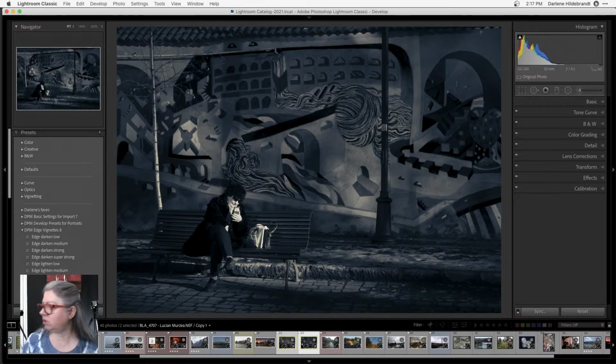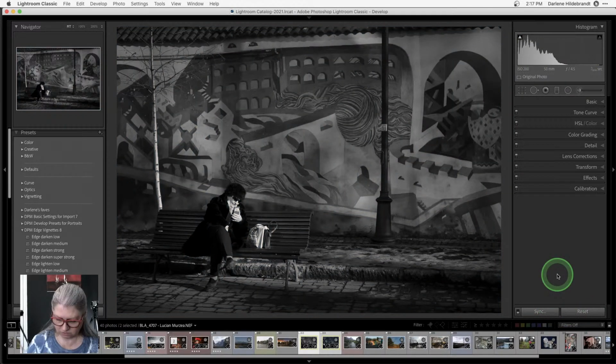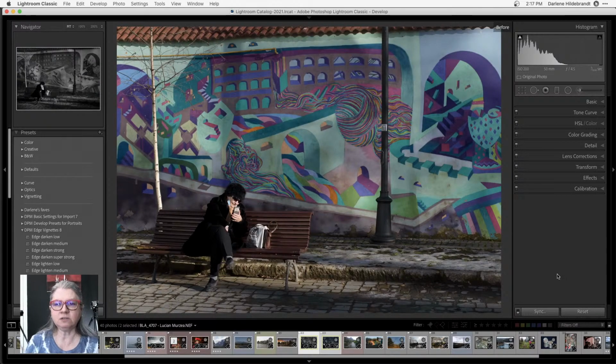Another question, what drives my decision to go to black and white? You love the light play in the color image. Okay, so the light play is still here in the black and white image, but I chose to go to black and white because the original, if we go back over here, the color really draws your eye. So remember I talked about things in the background that will draw your attention?